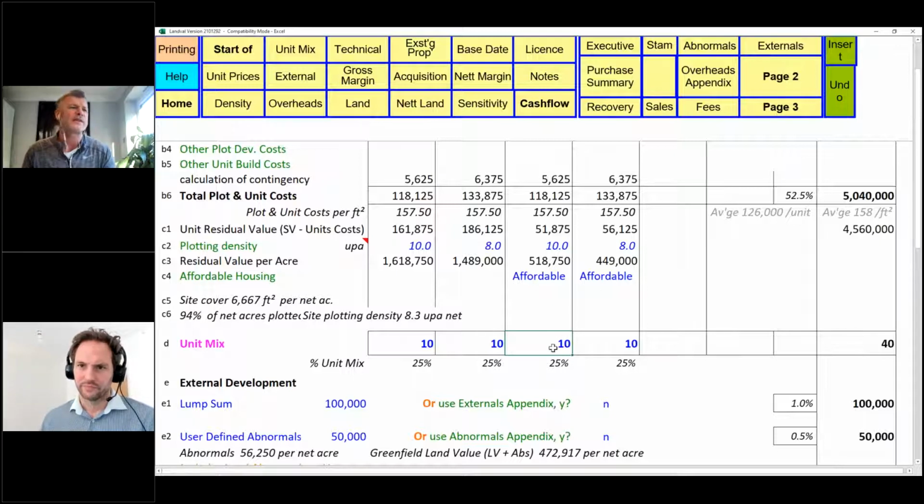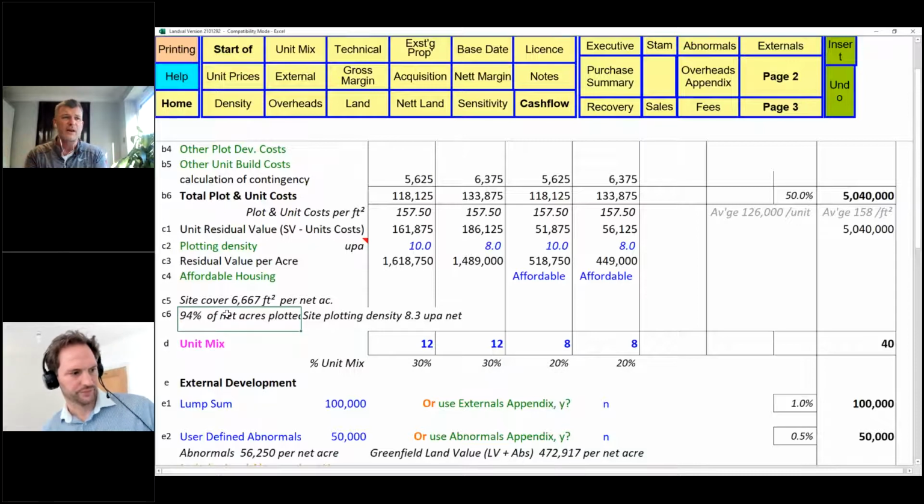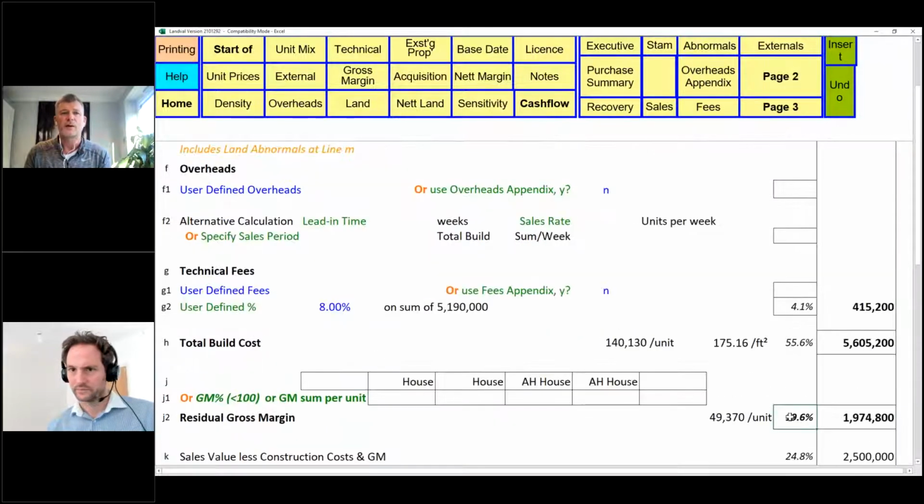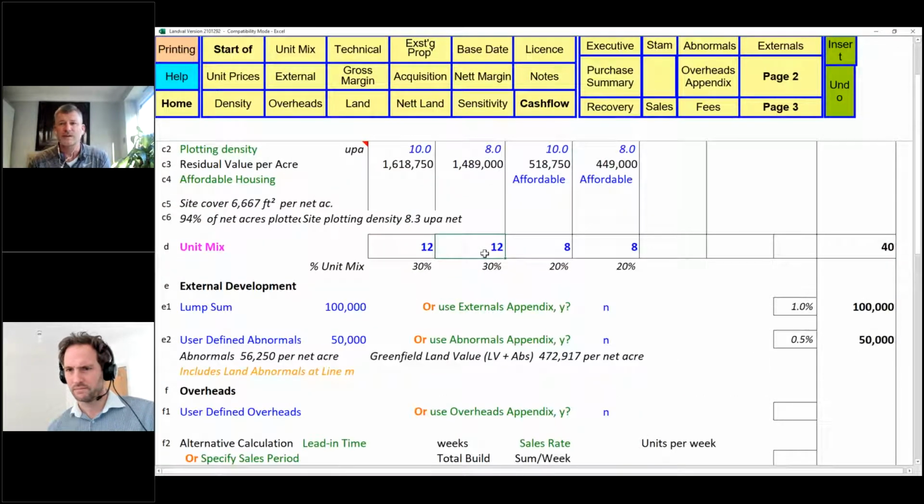So on this example, let's just take 2 of these as a simple measure. So I've taken 2 of those. Let's put these as a nice mix, put those on here. You can see that actually we've still got 94%. I've just moved things around slightly, but instantly I've got a 40% coverage on this, and then the rest of them on the other ones. And then we can go back and see that that small mix has changed our gross margin quite a lot. So 19.6.